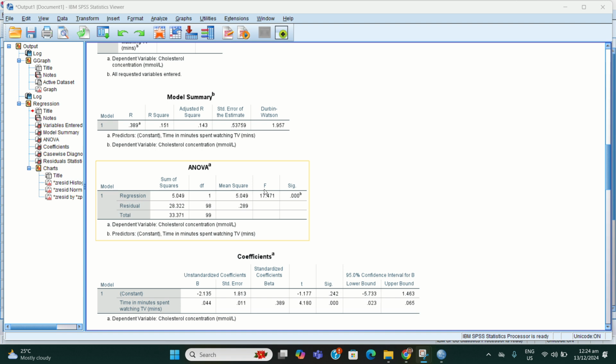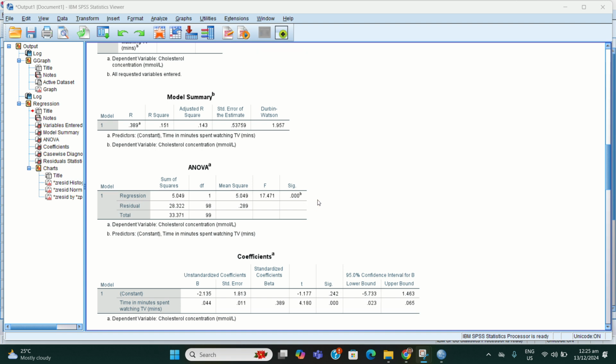Next is this ANOVA table. This table informs you whether the regression model results in a statistically significantly better prediction of the dependent variable than if you just used the mean of the dependent variable.